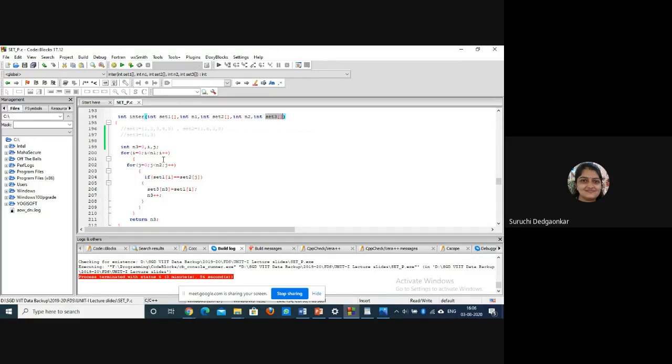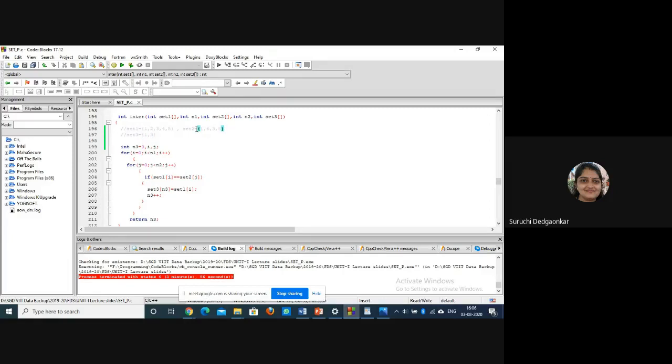Then next we will take 2 from set 1 and check whether 2 is available in set 2 or not. If it is not present, we will neglect it. If it is found, we compare with each and every element of set 2. If it is matched, then we will copy it into the resultant set. Otherwise, it will be rejected.